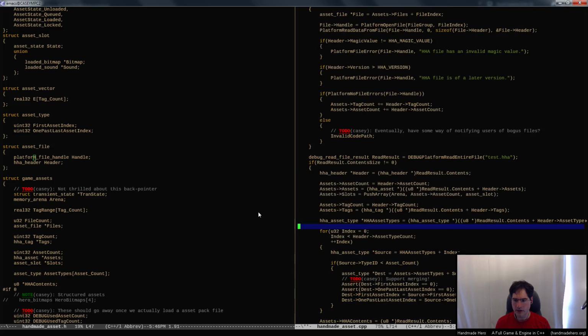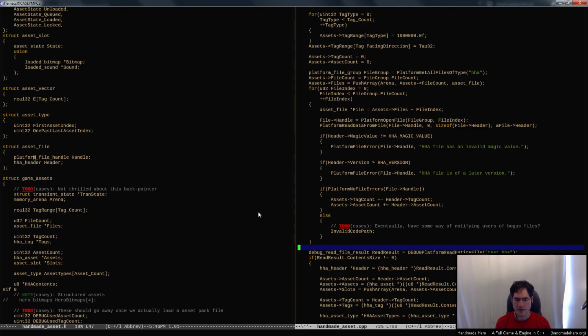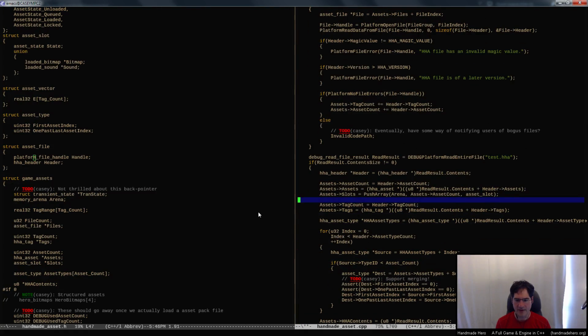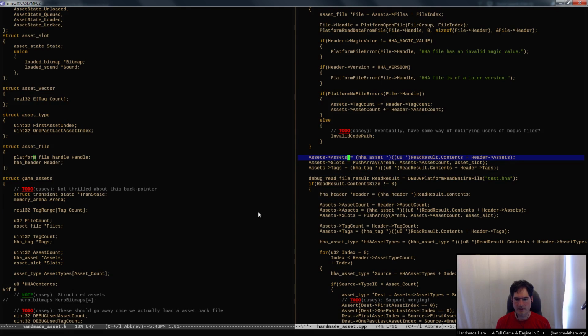So let's see. Just a couple other things we may want to do there. So if I do all that reading, right? I think now I've got enough information to actually allocate the arrays properly. I've got asset slots and tags, right? And these are all going to be push array to create what we need